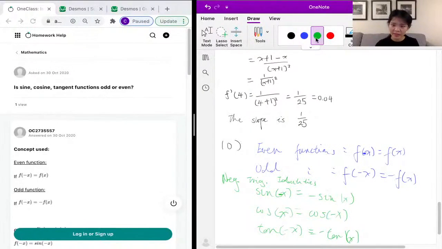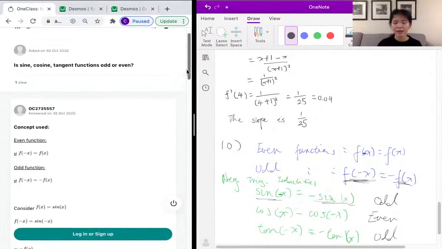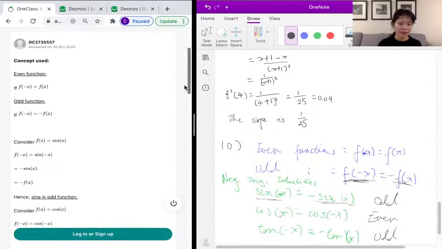So from here, we can already see that the sine of negative x is equal to negative sine of x, so sine is odd. And the cos of x is equal to cos of negative x, so cos is even. And the tan of negative x is equal to negative tan of x, so tan is also odd. And that's our answer. Our sine function is odd, so is our tangent function, but our cosine function is even. You can also see this by graphing them,